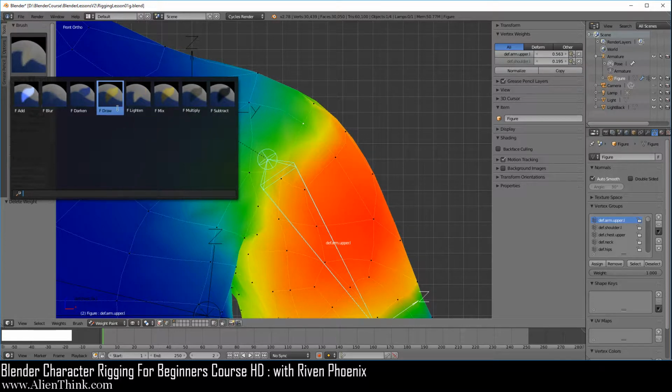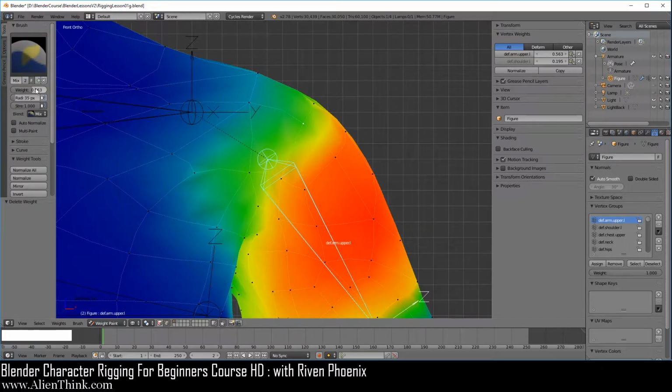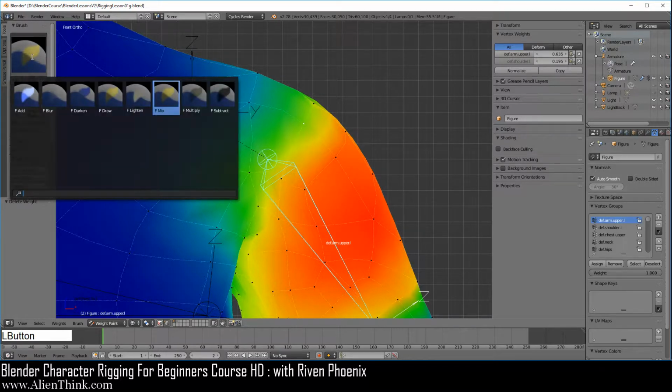Now, we're not going to look at draw because draw is the same duplicate as mix. I'm not exactly sure why this is here because it's not even in the documentation. It might be something that's left over. So anyways, just click on mix. Now mix is very easy to understand. Whatever number you choose over here and click your mouse over here a few times, it will go to that same number, right? Doesn't matter what value this vertex is on, it will always go to that same number. That's how mix works, okay?